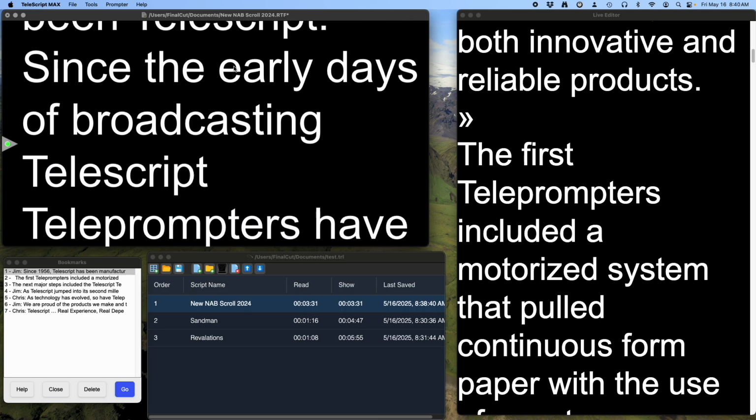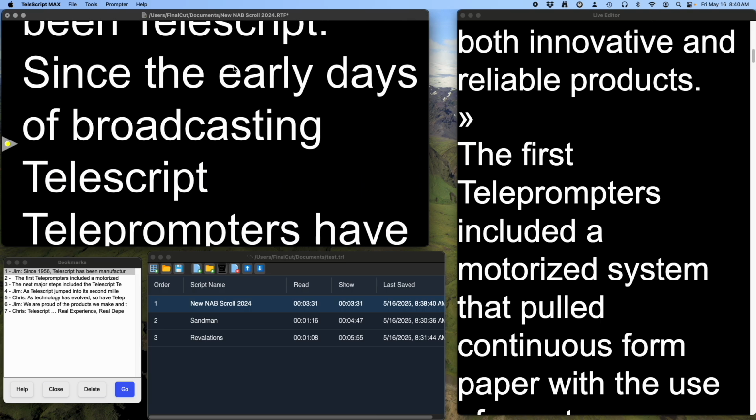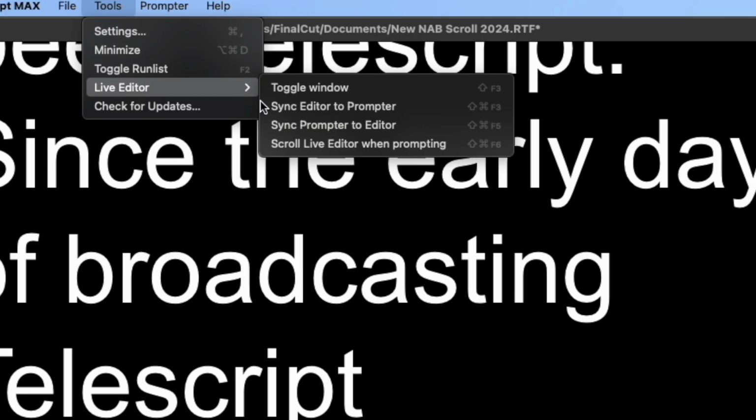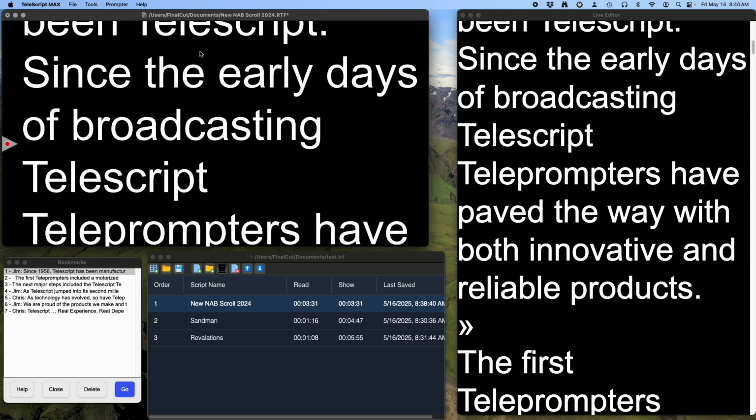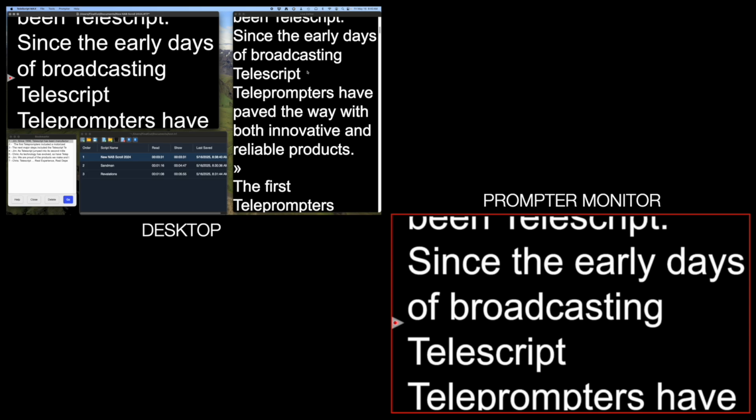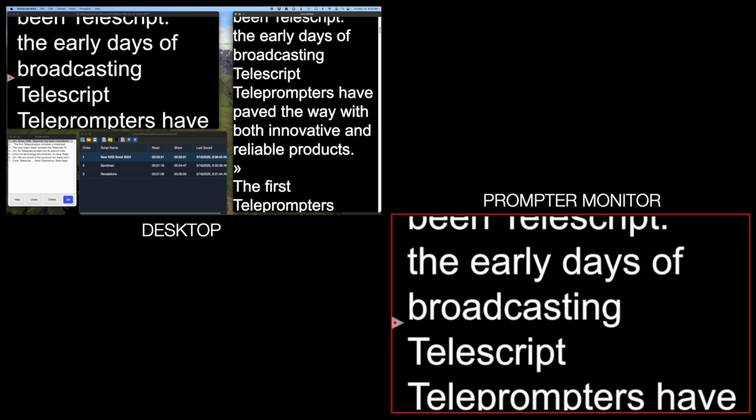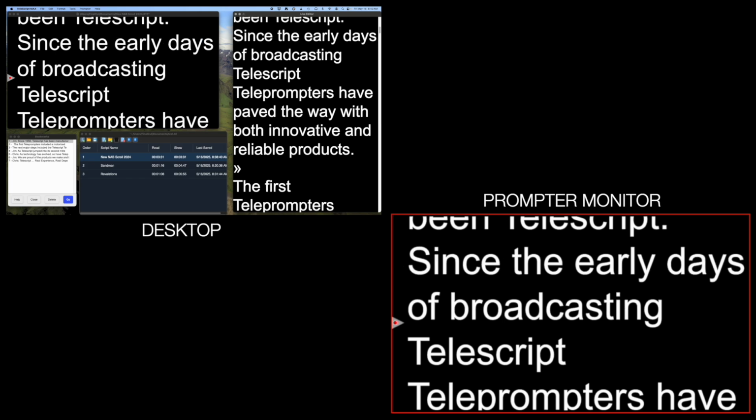So now, let's just say you wanted to make a change here, but your live editor window is not in sync with what you've got out on your prompter monitor. So back up into the Tools, the live editor, you can now sync the editor to the prompter. So once you select that, as you can see, the live editor has jumped to exactly where the output is,